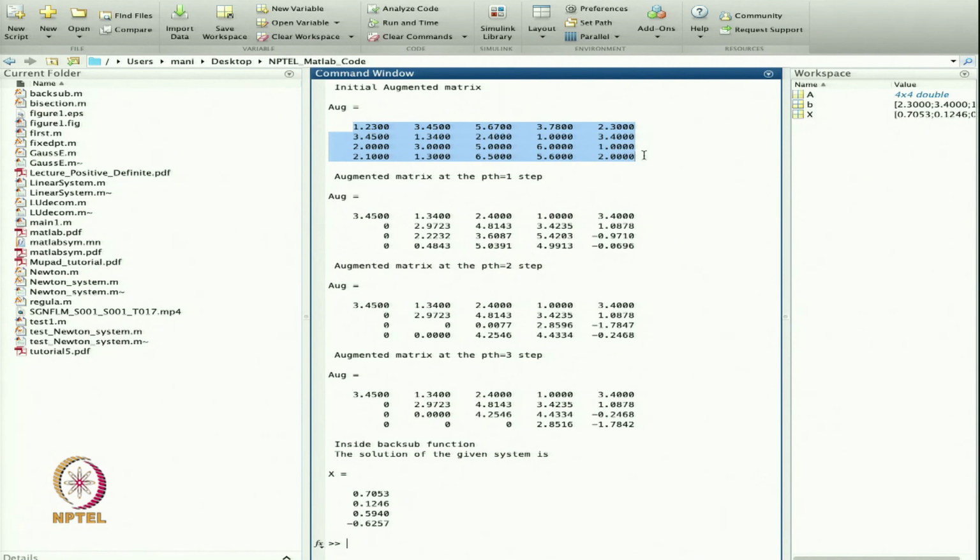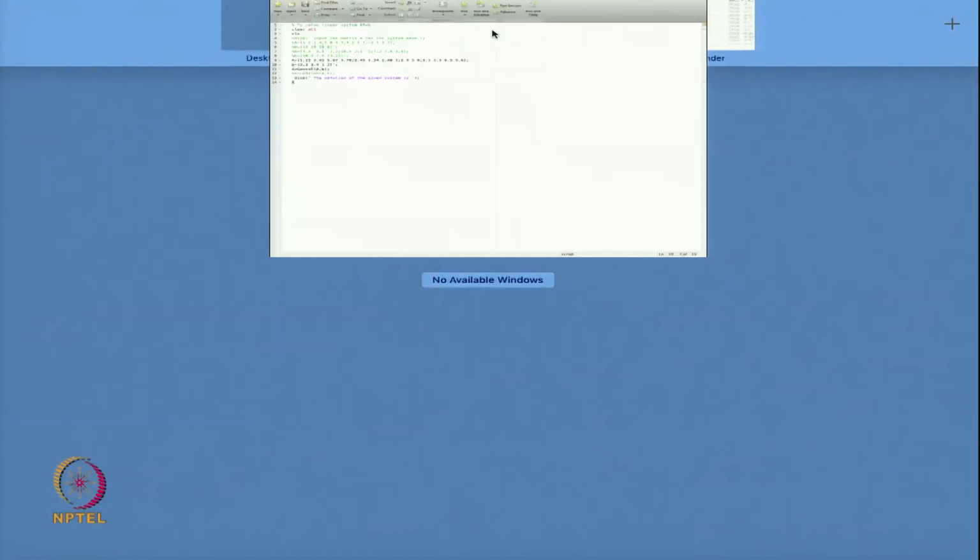So, this is the matrix we have started with. After the first step it will reduce to this, the second step will reduce to this form and the third step will reduce to this form. This is the upper triangular matrix and that is my solution. From here I can also see that the rank of this matrix is 4, so it is basically a non-singular matrix. Using this one I can find the solution.